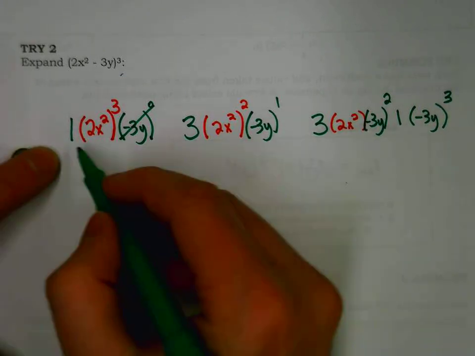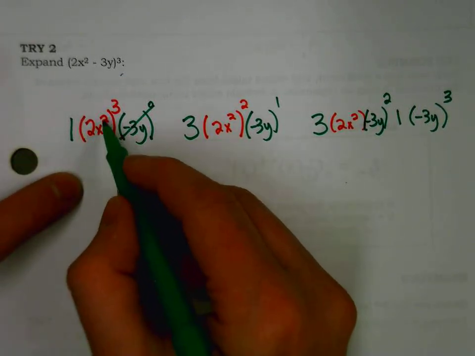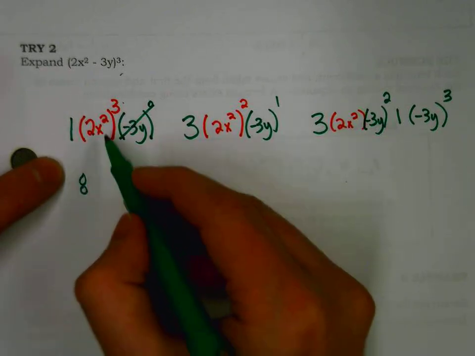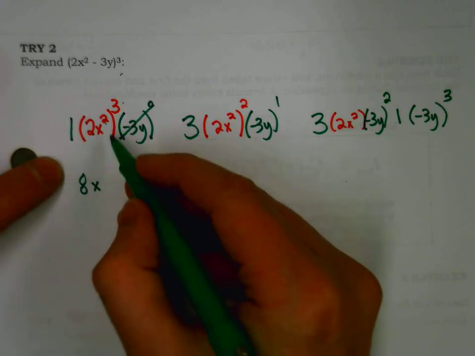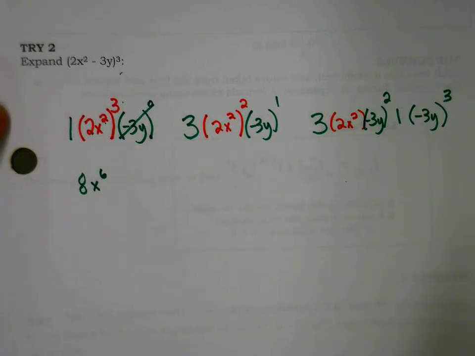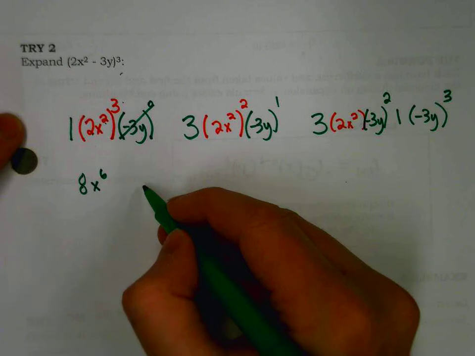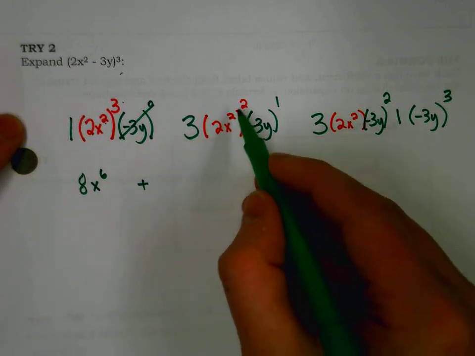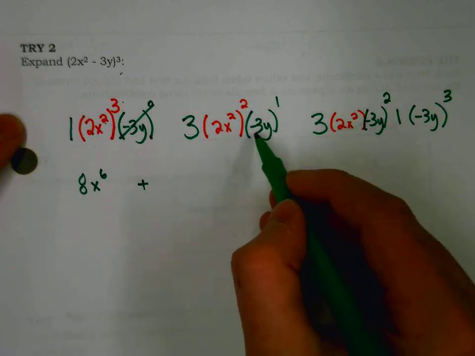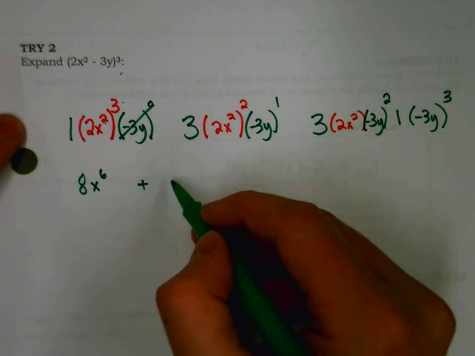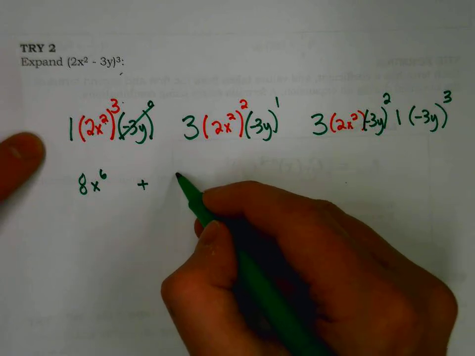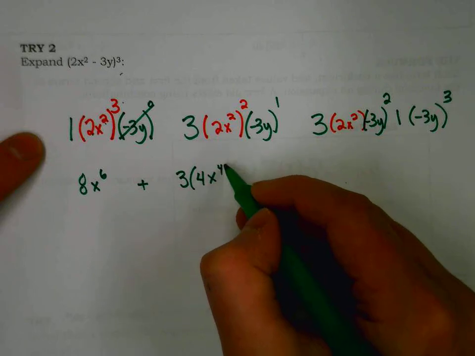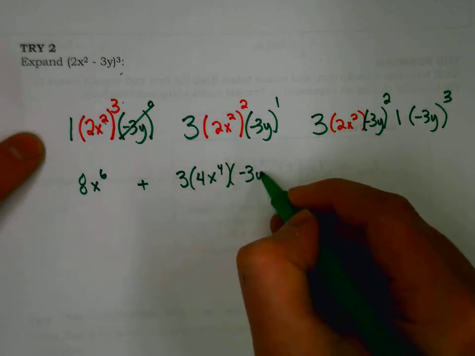Being very, very careful here as we expand this, we're saying 2x squared times 2x squared times 2x squared, or 2 cubed is an 8. x squared cubed is x to the power of 6. In the middle here we've got a 3 times a 2x squared squared times a negative 3. So being very careful and doing this one step at a time, we're going to have a 3 times a 4x to the 4 times a negative 3y